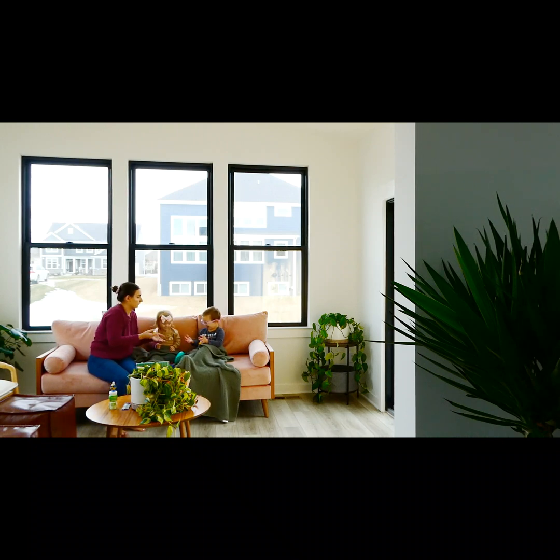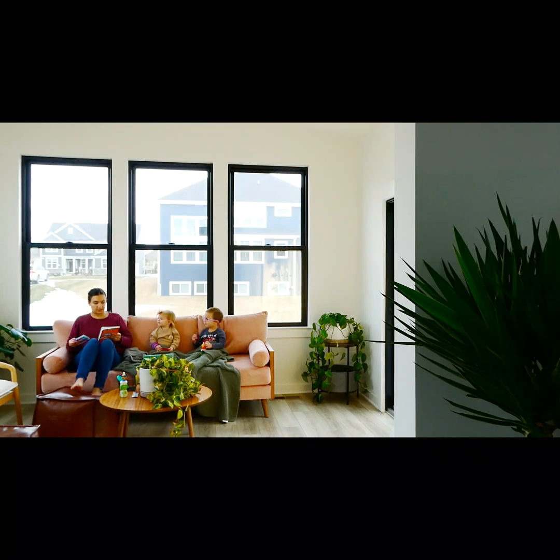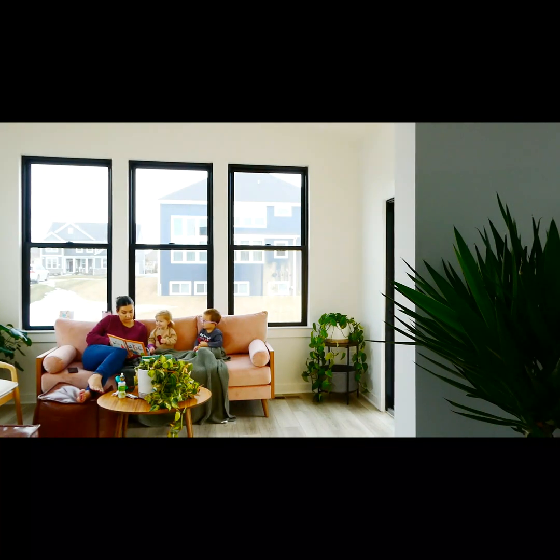We go into the sunroom, we sit down with a blanket, they have snacks and water. We always start our day by rolling some essential oils on our palms and then breathing those in. And then I like to start with a gratitude journal. This is a family gratitude journal, so it's questions for the kids. So we just kind of write in that for a couple of minutes, and then we move on to reading